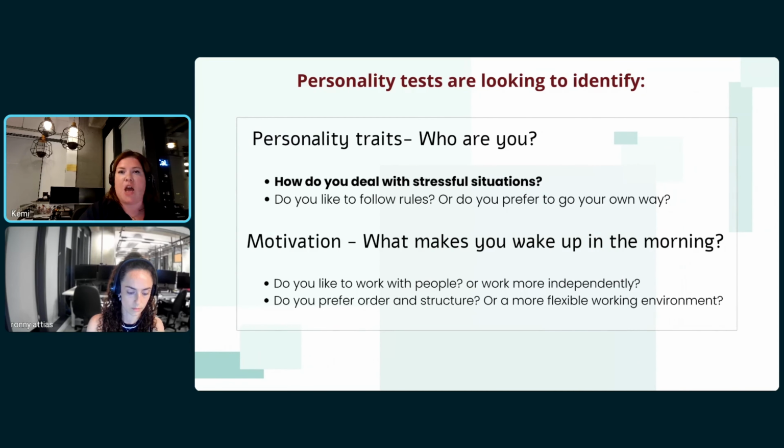At the end of the day, the hiring managers want to know that you will be motivated to come into work and you will stay there happy, motivated, wanting to do the job and not leave too early in the game. This is a huge fundamental part of personality assessment. This is why you want to be honest with yourself. Think what speaks to you, what makes you happy, because it will matter in the long run.